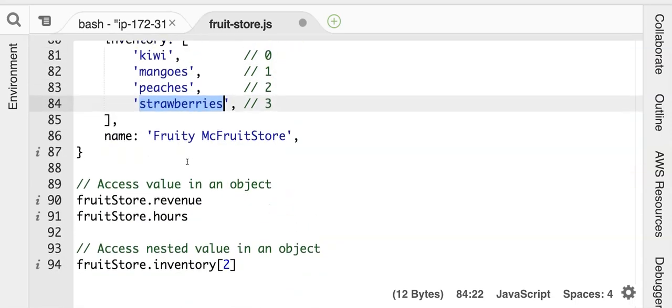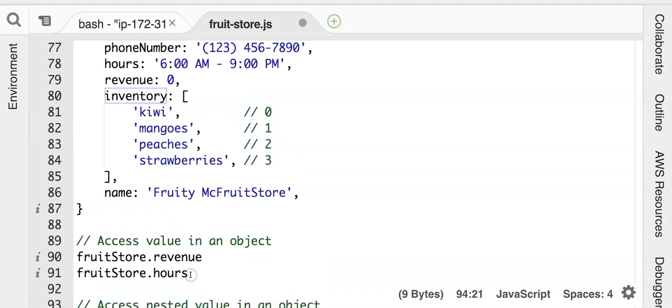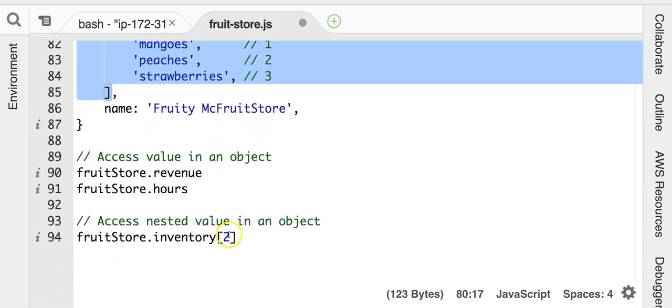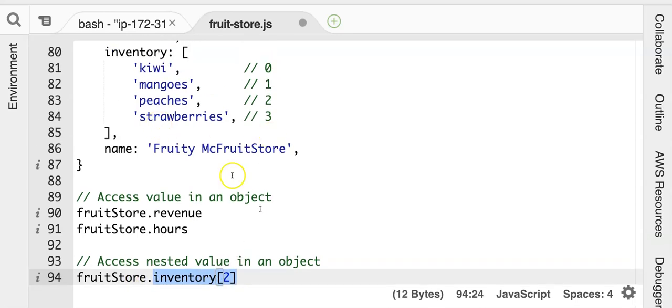Strawberries. Now, in this case, actually, no, sorry. 3rd item is peaches. My apologies. It's peaches. So when we say fruit store.inventory, that is going to get whatever value is stored according to that label, which in this case is an array of values. When we say 2 in there, it then goes into that array of values and gets the 3rd item, which happens to be peaches. If I console.log this,